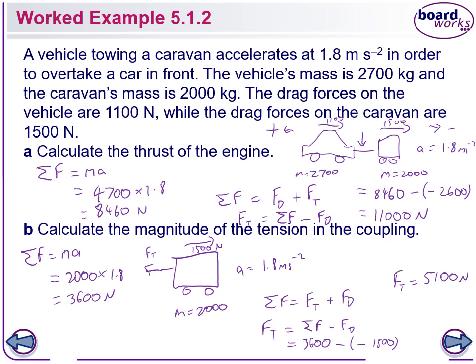There is another way to do this, just if you're curious and if you want to give yourself an extra challenge, you can try this. You can calculate tension by only looking at the car, rather than the caravan. And so what you would need to do is look at the thrust from the car, look at the force pulling it forwards, look at the friction force pulling it back, but also you'll realize there has to be another force pulling it back as well, and that will be the tension force. Okay? You can work it out both ways. This is the easiest way to do it. But if you want a challenge, try it the other way as well. All right. So that one's a little more